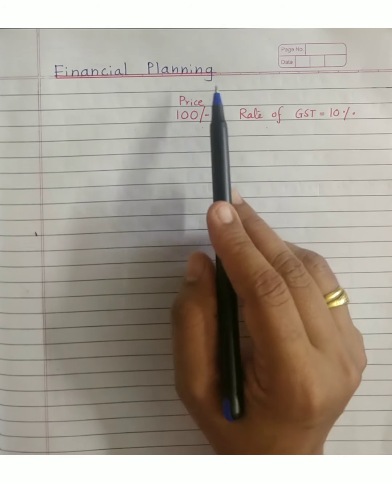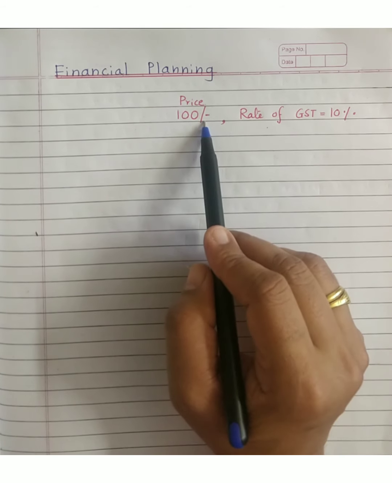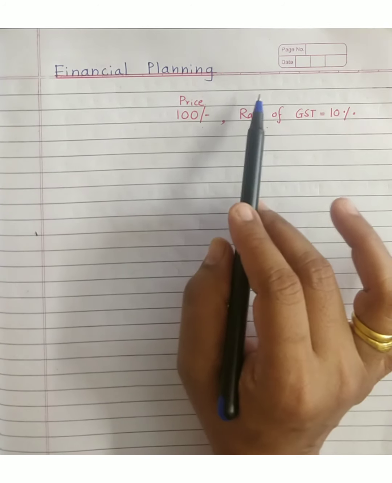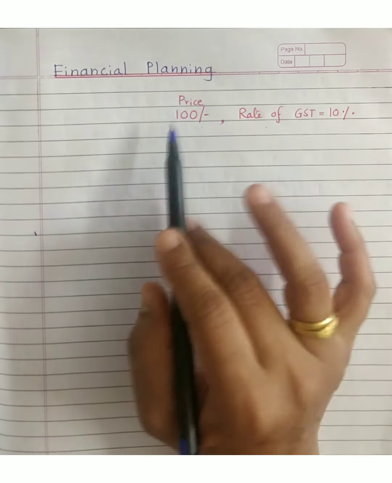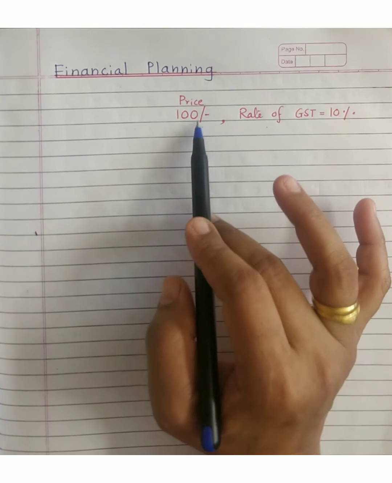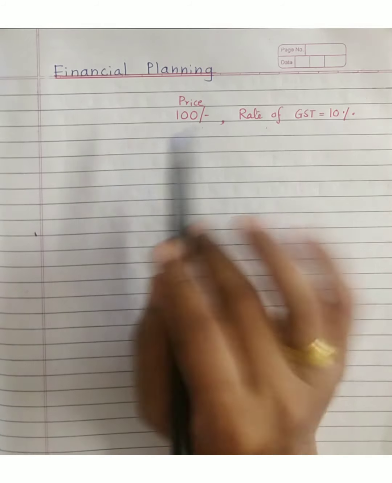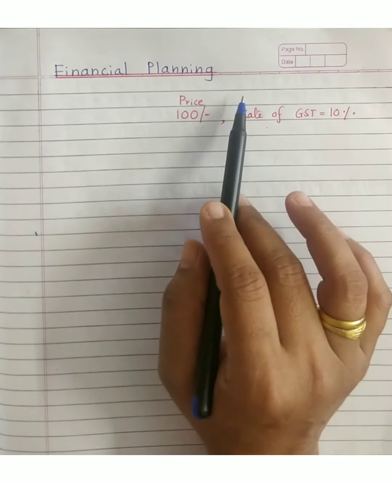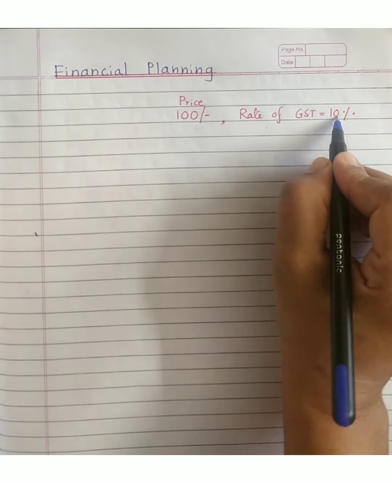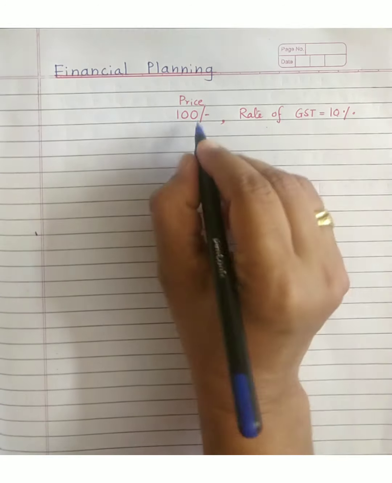How will you decide? Sometimes in the question it may be given that the taxable value of the article was rupees 100. Then there isn't any problem. Directly it is mentioned that the article is available for rupees 100. Taxable value means what? The value on which the tax will be applied. Direct mention is given. Very good. What will we do? We will find GST on that. How will you find GST? At the rate of 10%.